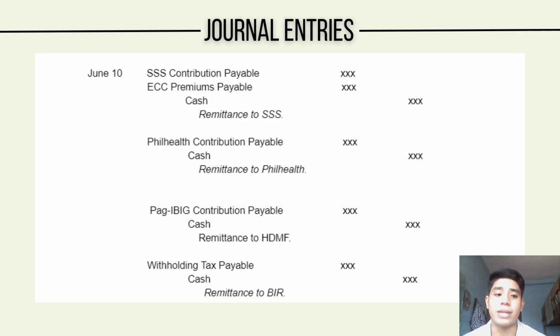Second is the payroll taxes. Employers are required to pay taxes on behalf of their employees, such as Social Security, Medicare, and state income tax. The journal entry for payroll taxes debits the payroll taxes expense account, which is an income statement account, and credits the payable accounts, which are liabilities on the balance sheet. These accounts represent the amount of payroll taxes owed to the government agencies and serve as a liability until they